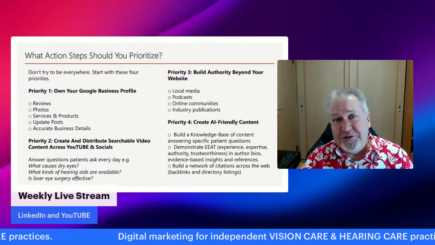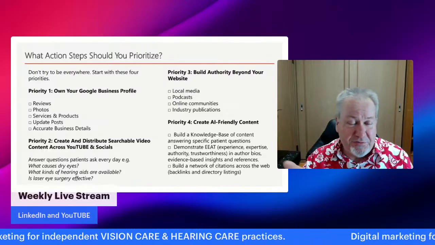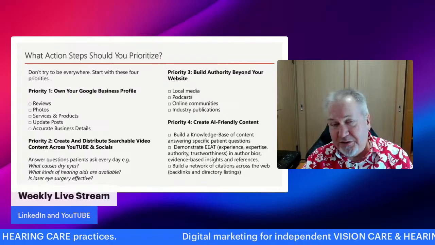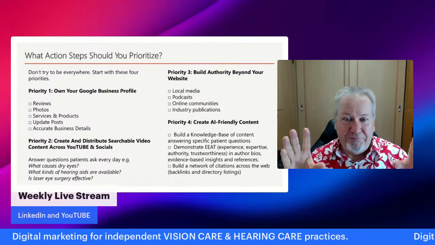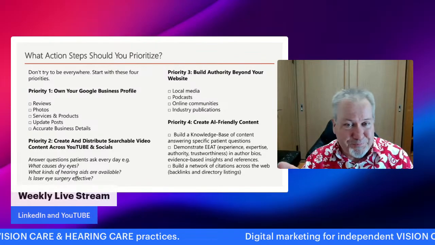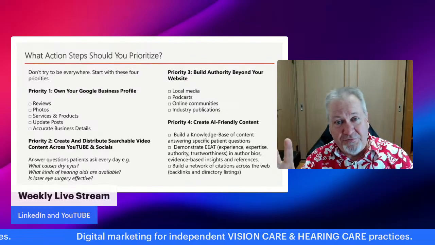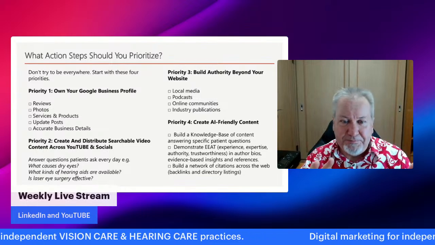Industry publications, so if you're in eye care, My Vision magazine, that's a popular publication. Eye Smart magazine, there are others, Insight and so on. If you can get yourself mentioned in any of these, it's also good for your overall online visibility and the opportunity to appear in search results.